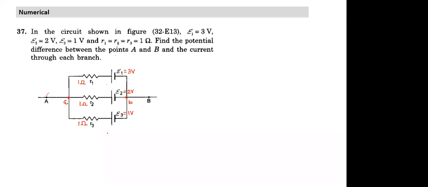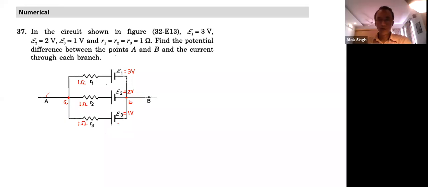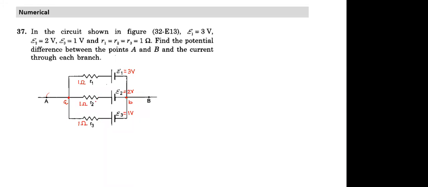So first we can distribute the current, and then apply Kirchhoff's rule. When we distribute current, how many current values do I need to assume? How many loops are there? 2 loops, I1, I2, 3 branches. How many branches? 1, 2, 3 branches are there. Do I need to take I1, I2, I3 or are 2 enough? 2 are enough, sir.